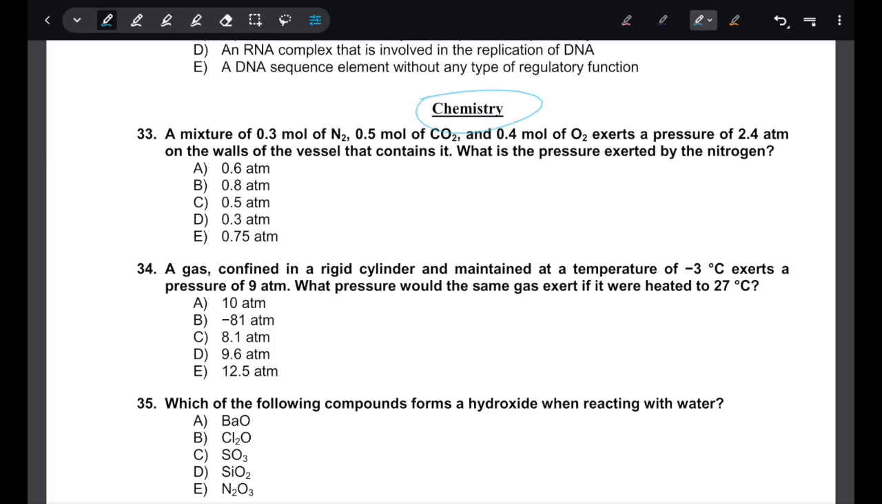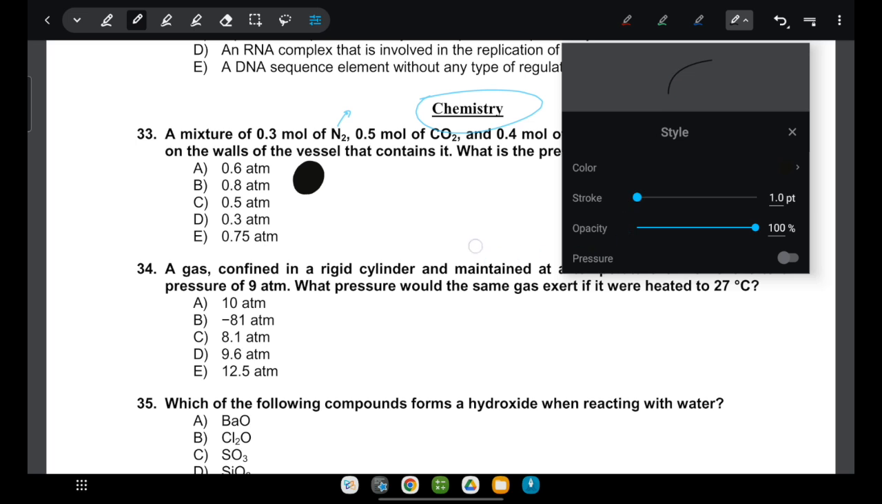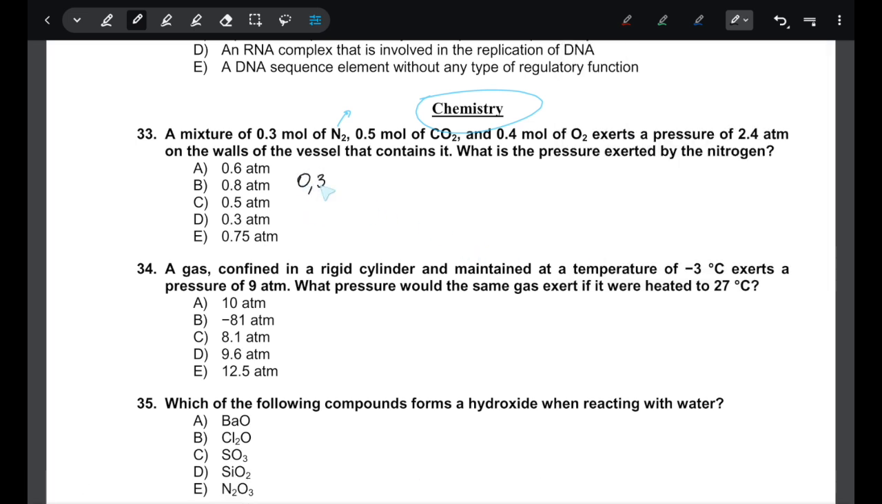Let's solve chemistry. The first question is number 33. A mixture of 0.3 mole of nitrogen. This is nitrogen gas, right? We're going to start writing the moles here, just not to lose any information about it. Okay, so 0.3 mole of nitrogen plus